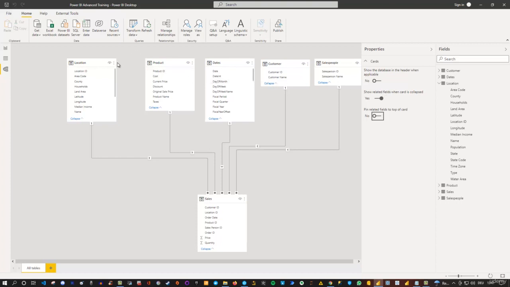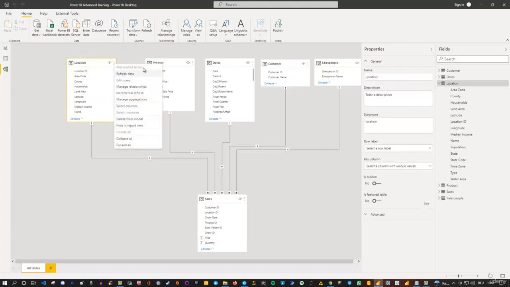Also, if you click on the three dots here next to the eye, there is some additional information and there are options, like you can refresh data. By the way, I talked about this: you can refresh data in two ways. Either you click up here on refresh, or you click here on refresh. So what's the difference? If you have a really big model and you only modified one table, then if you click on refresh in the ribbon bar, the issue is that all tables get refreshed, which can take some time,